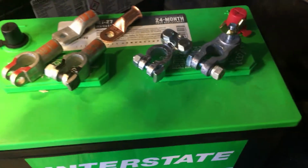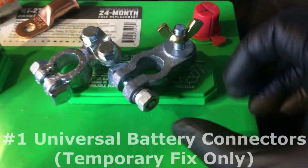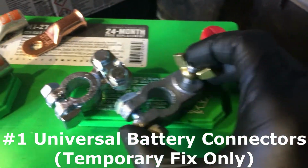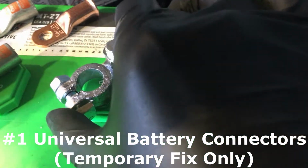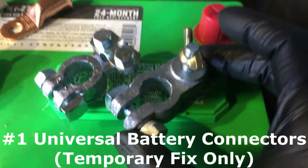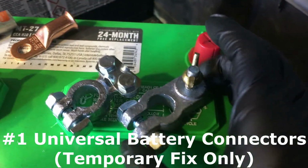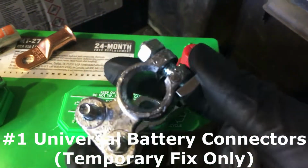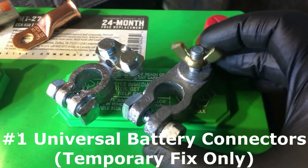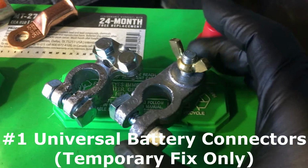Just want to take the time to make this video. So I've been seeing a lot of vehicles with a lot of these battery terminals, and just letting you know, these are actually temporary for emergency use. It might last over a year, if not more, but these are ultimately just for temporary use. You can get these at auto parts stores